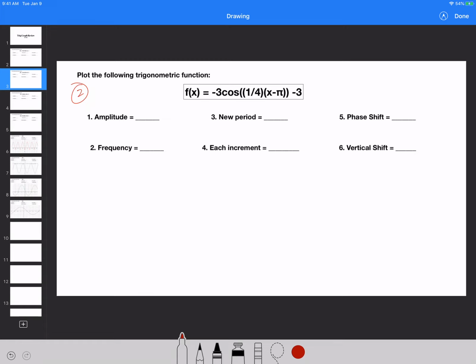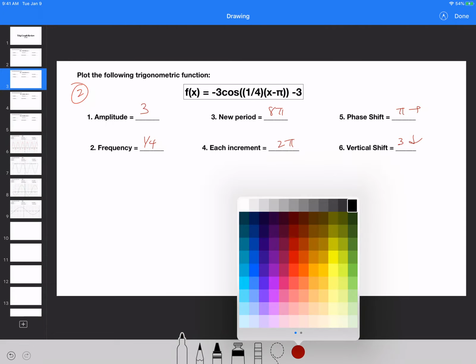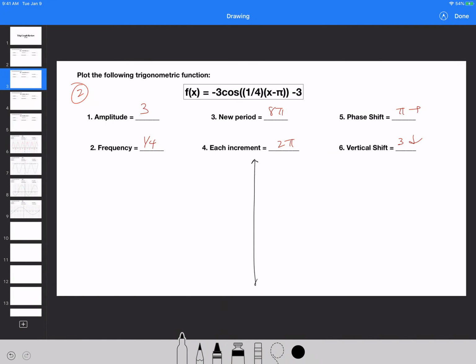Okay, I'm assuming you guys have all this. Amplitude is 3, frequency is 1/4, new period is 8 pi, each increment is 2 pi, phase shift pi units to the right, vertical shift 3 units down. Establishing the framework and the grid, I go 3 units to the right, 3 units down, and amplitude is 3,